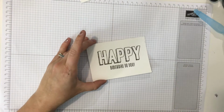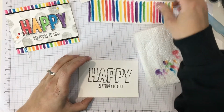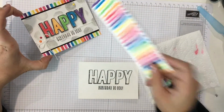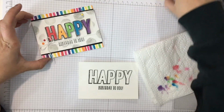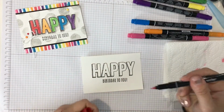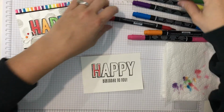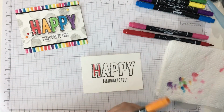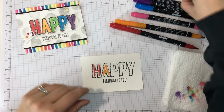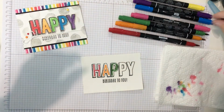Okay. All right. So I am actually going to watercolor this Happy. Or I'll put that right there so you can see. Now, these are strips that I used to use to practice. So when I was practicing to figure out how I wanted this Happy to look, I kind of came upon a rainbow idea. So this is how I watercolor super quick. Green. I know that this is not true rainbow order,